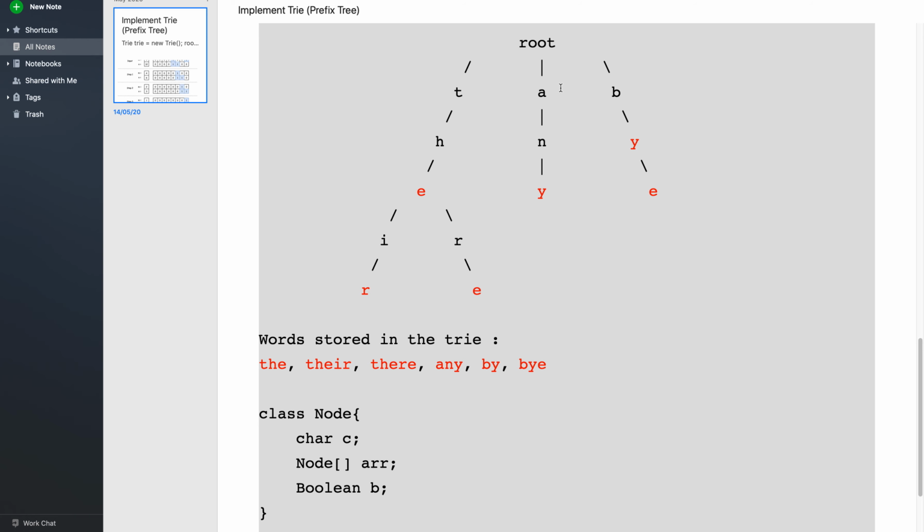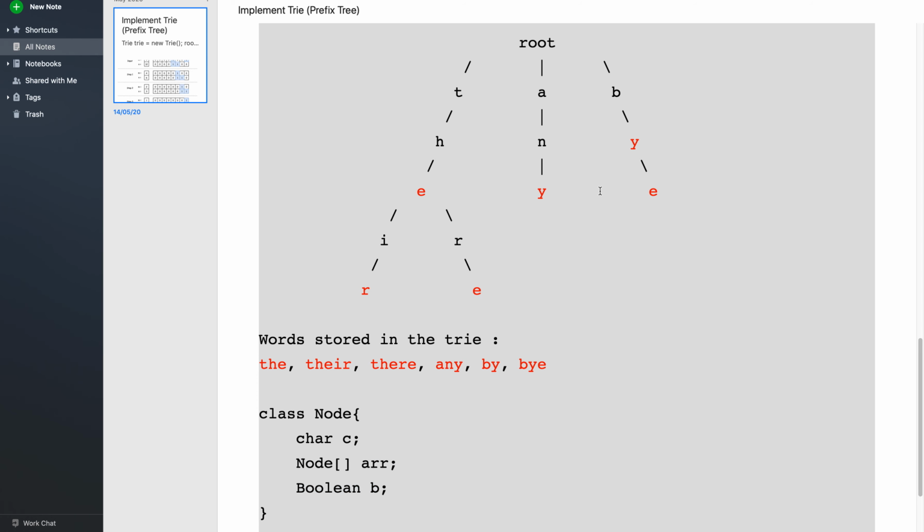So over here, each of these is not only a character, it is actually a node. So let us try to think about this node. If we are writing a class for this node, what does this class consist of? So the first thing that the class will consist of is the current character, because it is the identity of the node. So this node has a value a. So we are maintaining a character over here. Now you can see that each node can be linked to multiple nodes. Correct. So e is linked to i and r over here. So what we will do is we will simply maintain an array of nodes. Correct. Then we will also maintain a boolean value over here.